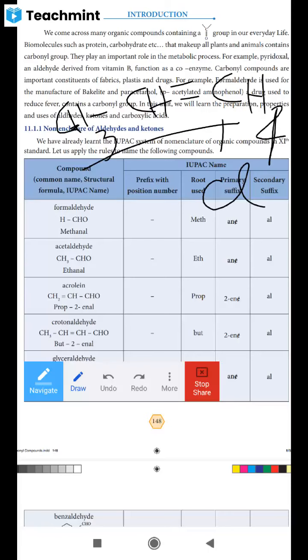If one hydrogen is removed from propene, that contains a double bond, you have to add a group. For example, it may be any functional group. If a functional group is added there, you have to name it like this.